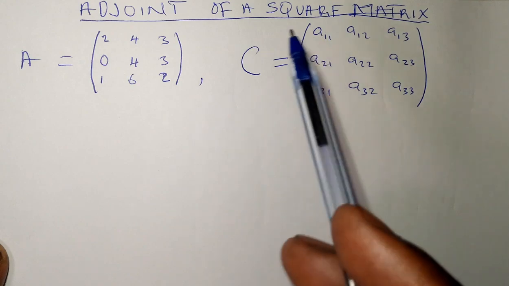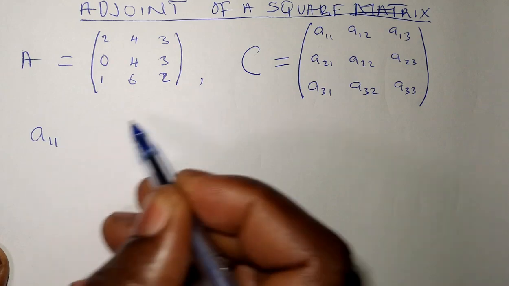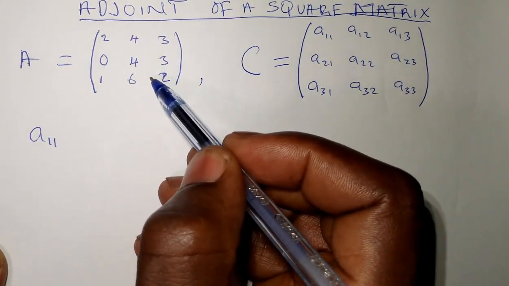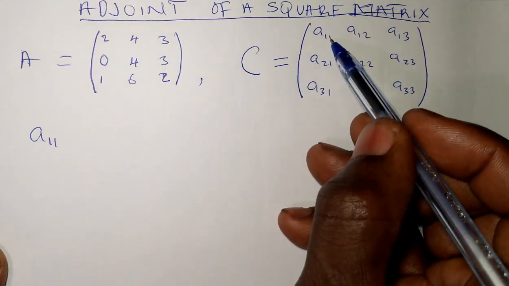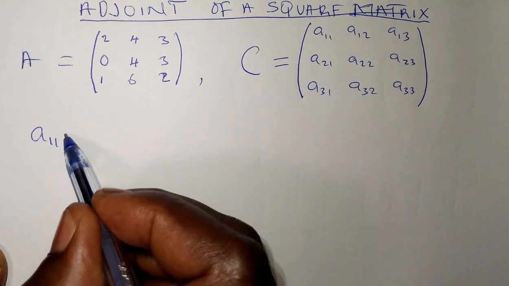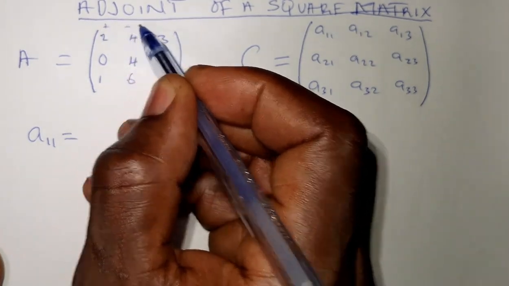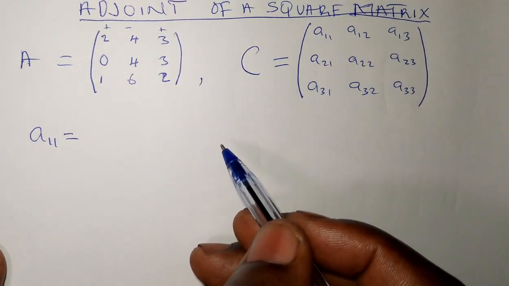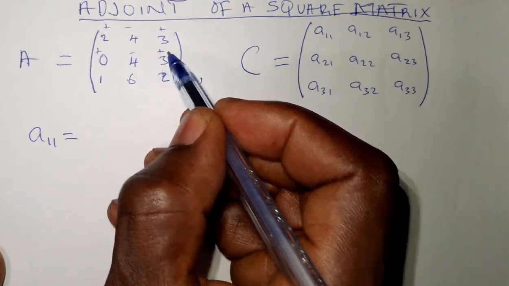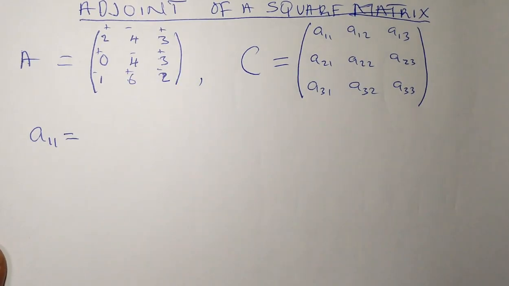So it implies that, like here, if we want to find A11 from this, remember we are trying to find the adjoint of this matrix, and we find the adjoint of this matrix by finding the cofactor of each of this here. So for this, if you check, this is plus minus plus, right? So plus minus plus minus plus minus plus minus. So we go that way. So when we pick